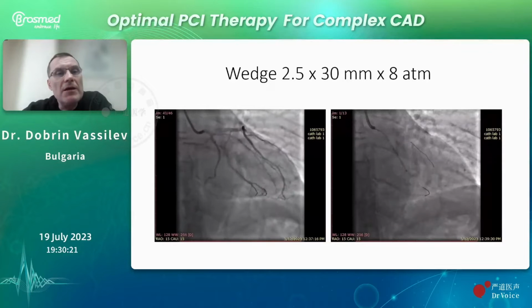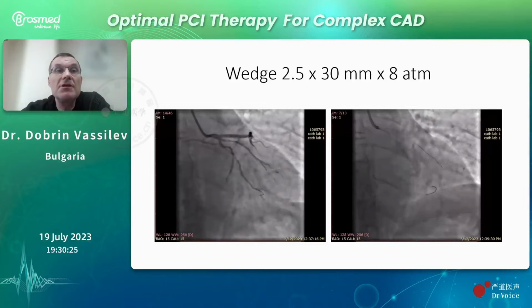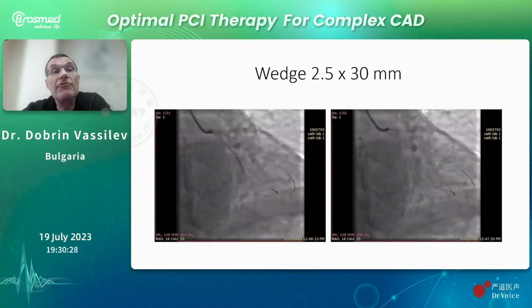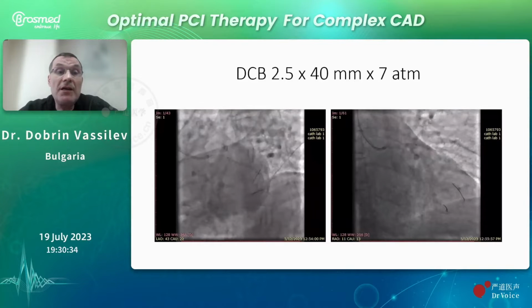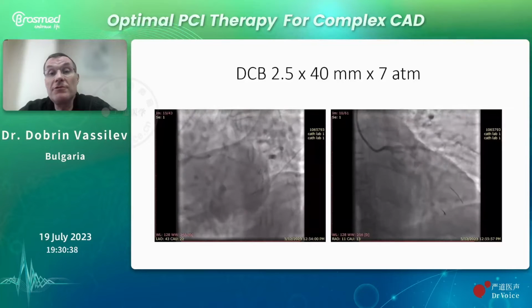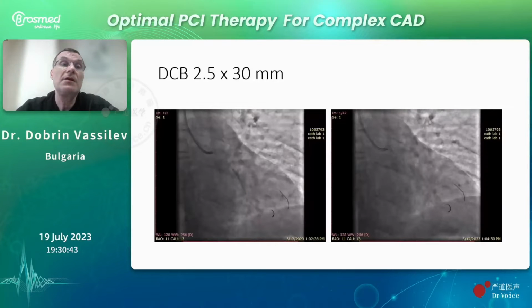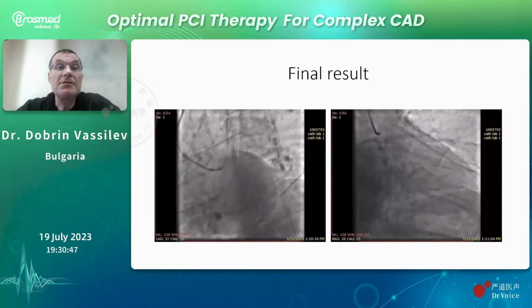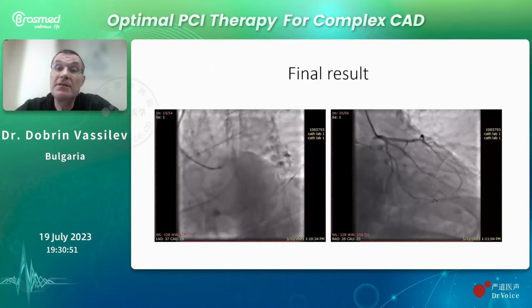So then we treated the second marginal again, first with the wedge balloon, 25 to 30, again distal and proximal, and then we inflated two drug-coated balloons for the distal and proximal part of the vessel. These are the balloon inflations, and this is the final result after this